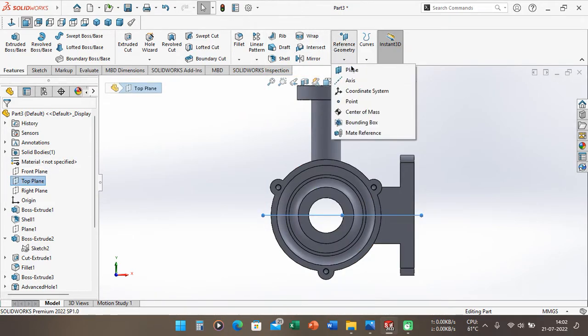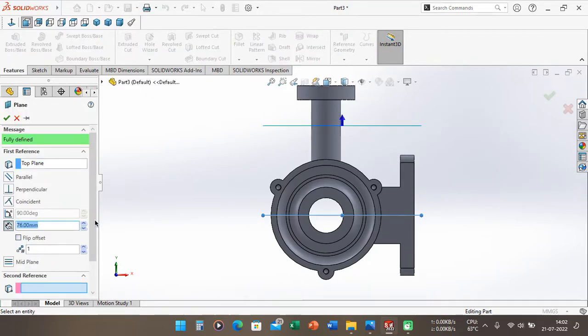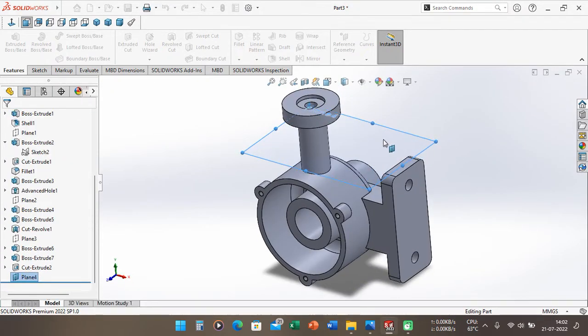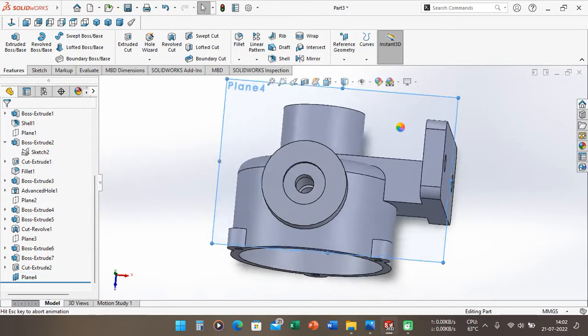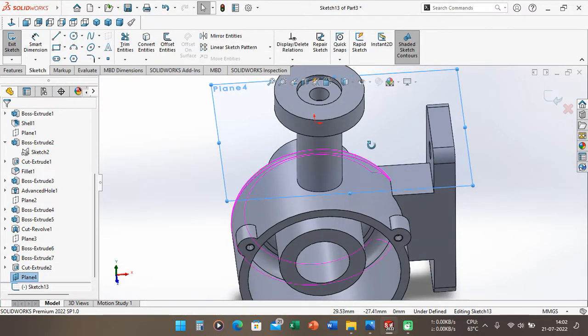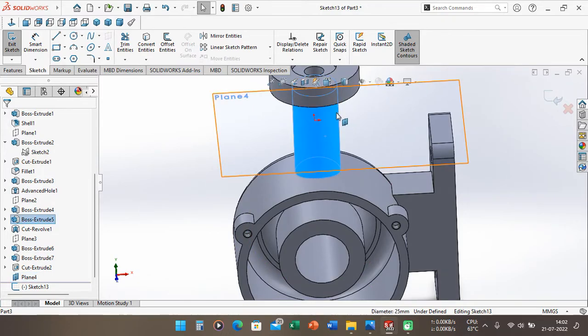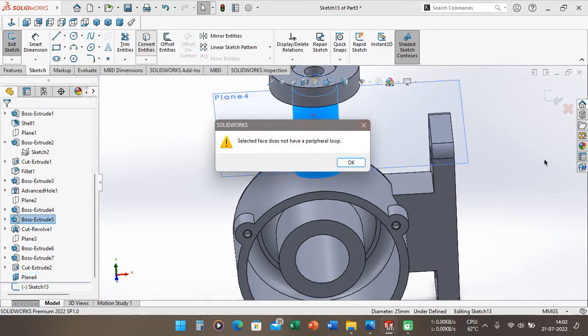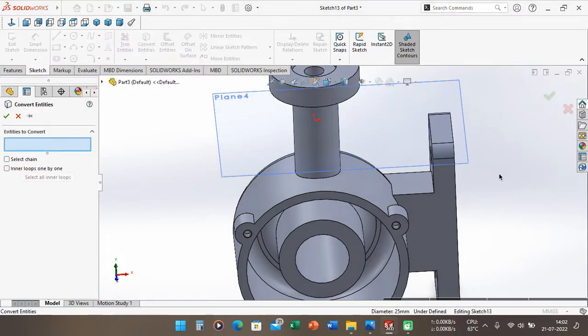After that, we can make a new plane again. On the distance, we can define 62 millimeter. Okay. After that, we can make a sketch here, and convert entities this section, which is okay.